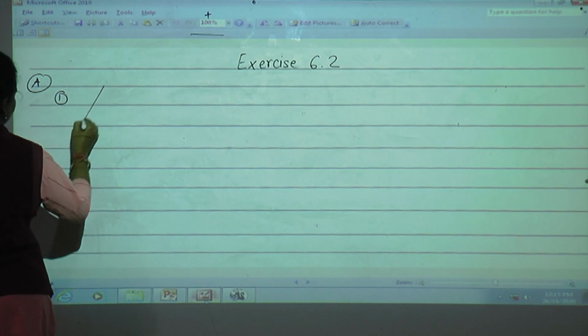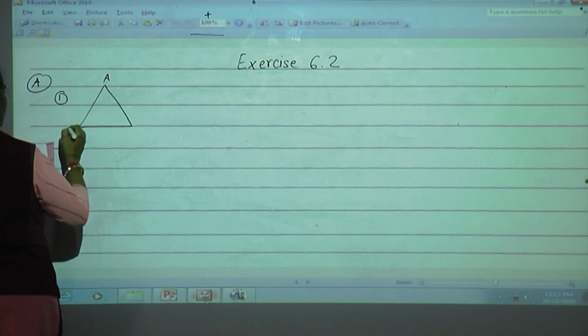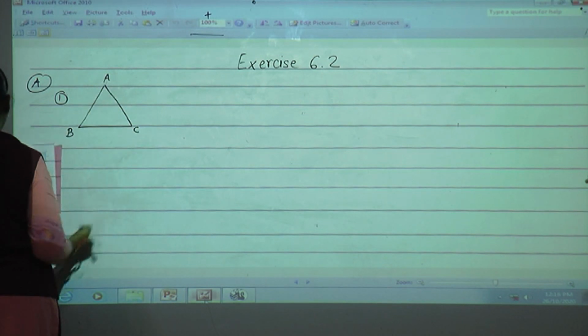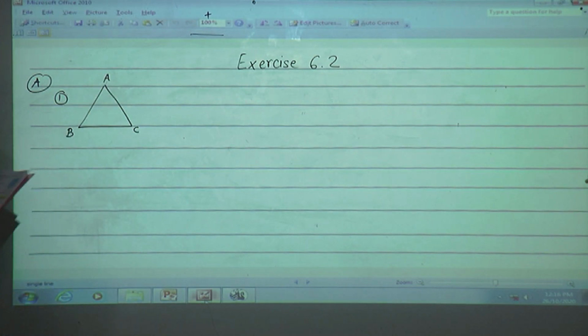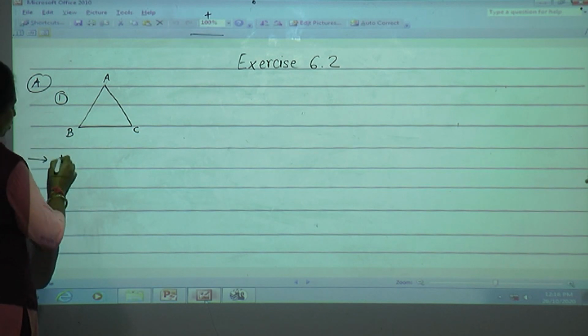The first one. Come on, everyone use the ruler and measure the rectangle and tell me how many centimeters it is. Okay? Come on, tell me what we have to find out here. Perimeter. Measure the sides and find the perimeter of the figures given below. So what is this? Triangle. So what are you going to write?